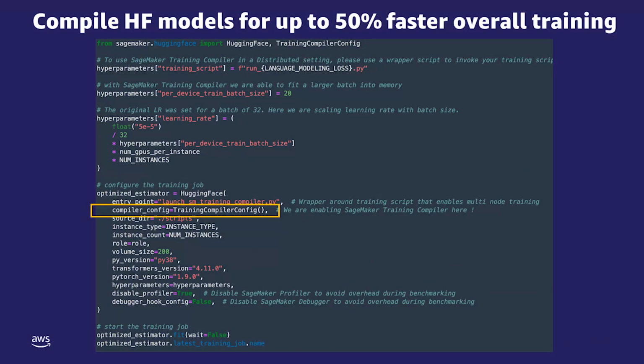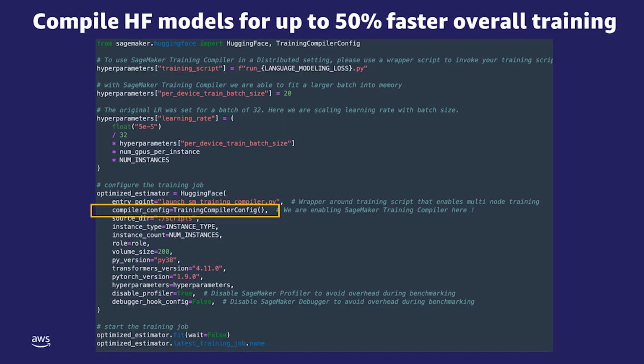And so another SageMaker feature you should know about is the training compiler. So we launched training compiler at re:Invent last year. That was 2021. And the training compiler is going to compile your Hugging Face models. So for supported NLP models within the Hugging Face family, we have about 50 models that are supported to date. And essentially, when you use the base trainer API from Hugging Face, there are 0 code changes required.